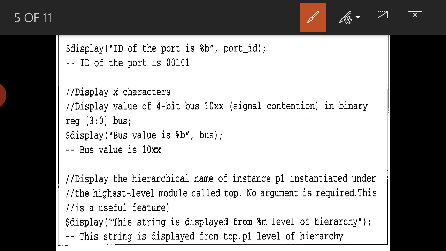Okay, the next one, displaying the string. $display, the string is displayed from the hierarchy level with %m, meaning, as I told, the hierarchy name. So %m will tell about the hierarchical name. Depending upon the hierarchy, suppose some set of files are there, in this one the first file or highest file will be displayed here, top.p1.